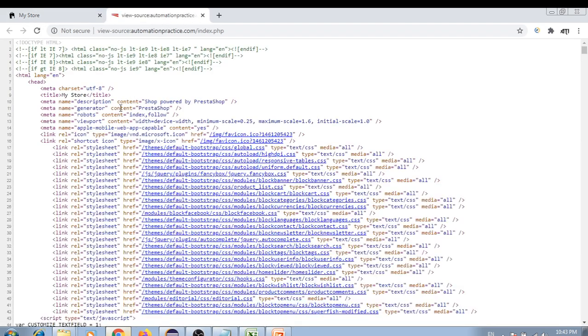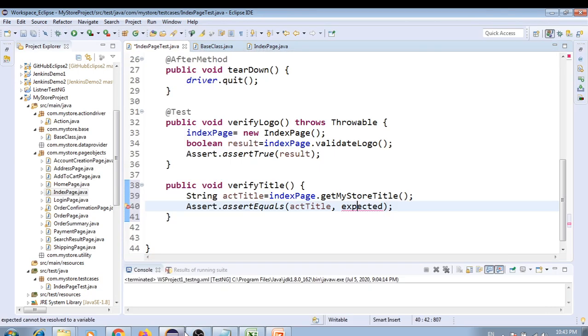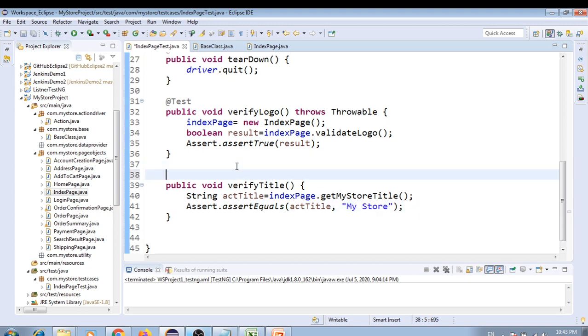What is the title of the page? So this is the title of the page, my store. Okay, so simply we can write here, or you can store in a separate variable and you can compare. You can put that variable name over here. So or directly we can do like this. So this is how we can verify the title,